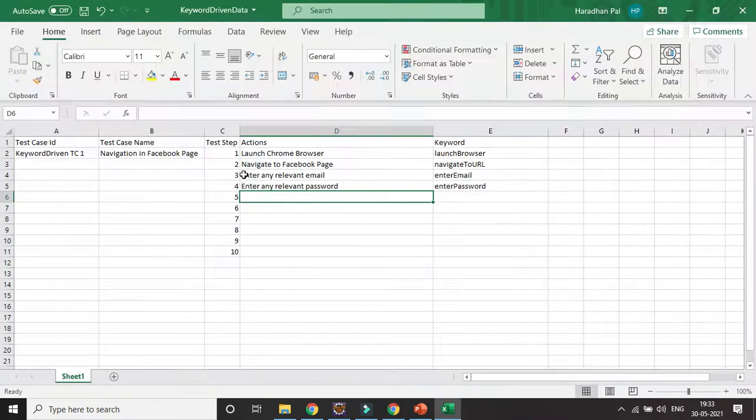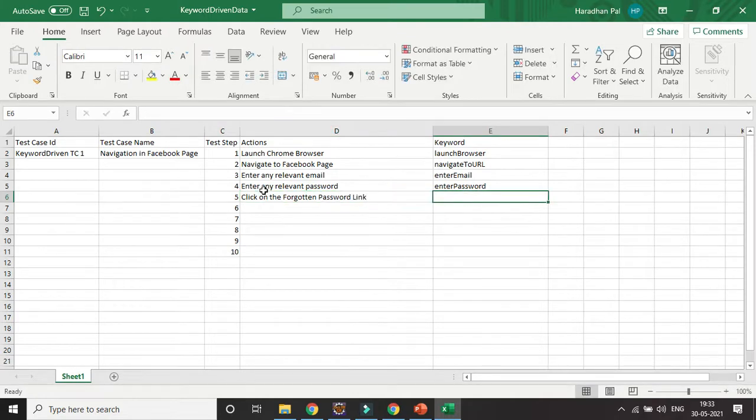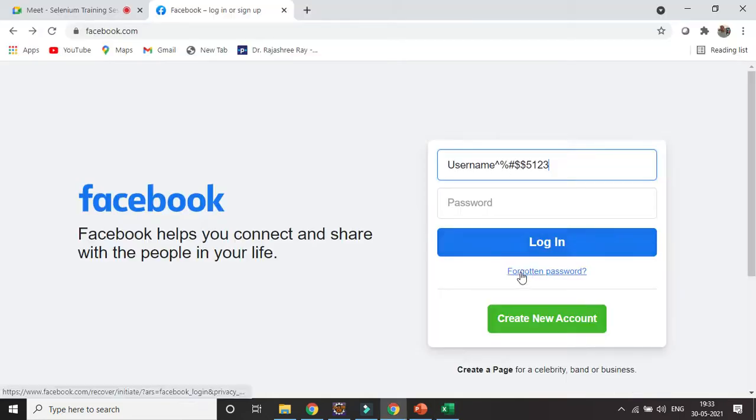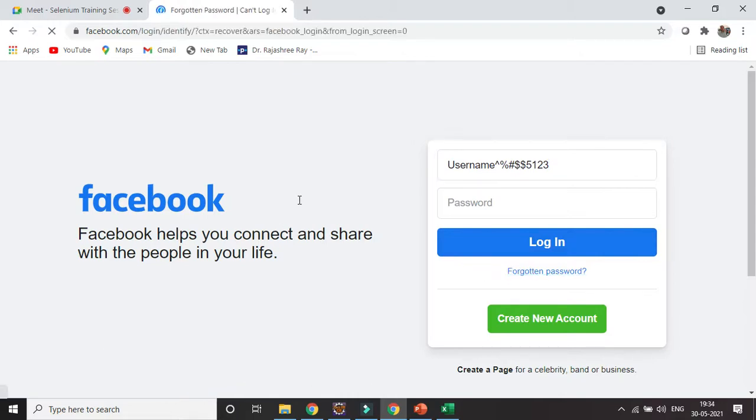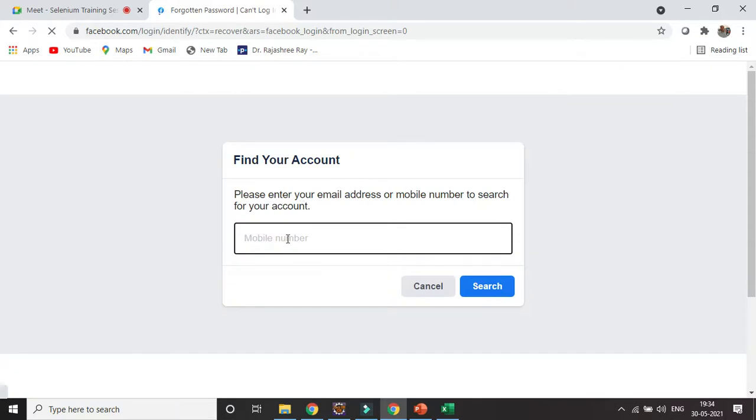So click on the forgotten password link. So I will be mentioning click forgotten password link, and then once you are clicking on the forgotten password link, again you are adding some value here, right, in the mobile number.